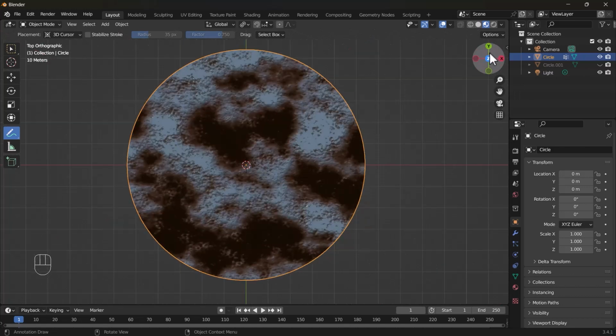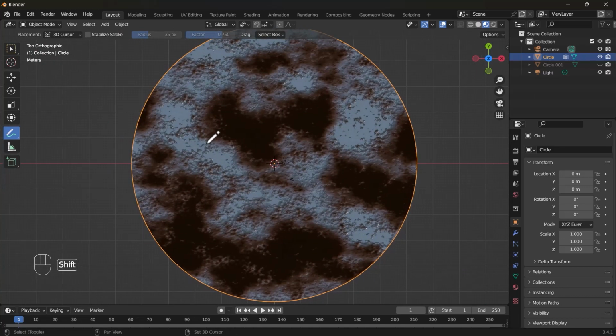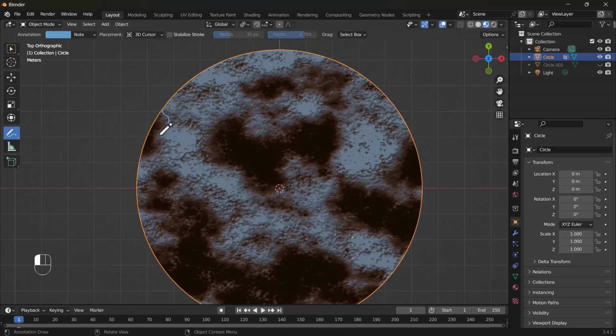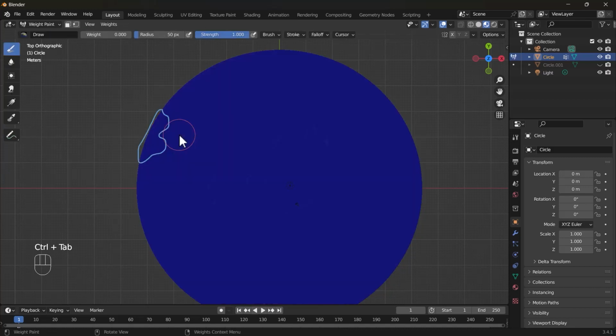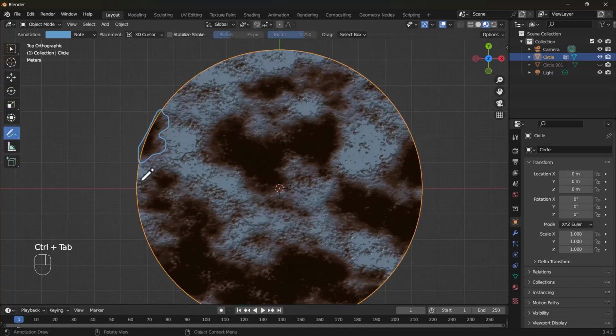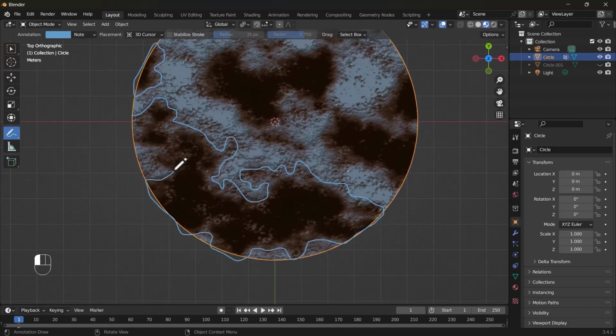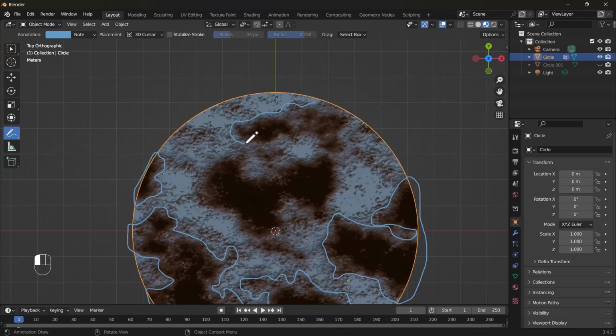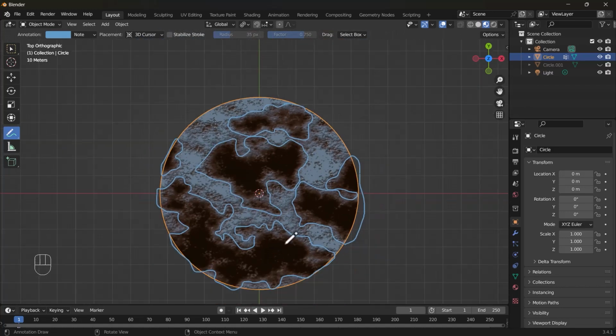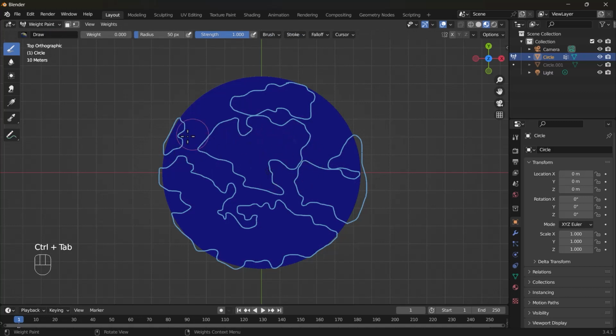Now first, make sure you are in Object mode and in Material Preview. Now just simply start drawing lines on the outlines of the brown color and make sure to make them closed loops, so you remember which part is which in the weight paint mode. Okay, so you don't have to be so precise in this. I'll fast forward this part of the video. Okay, now when you are done, switch back to weight paint mode and see, now you know where to paint.